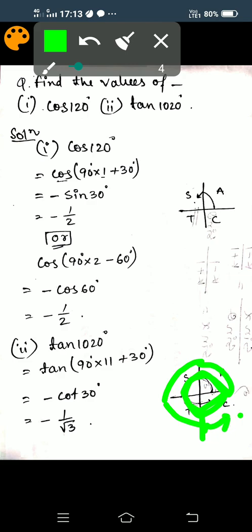In the fourth quadrant we know that cos and sec are positive and the remaining functions are negative. Here the given function is tan, so it will be negative, minus. So minus cot 30, and cot 30 is 1 by root 3, so it will be minus 1 by